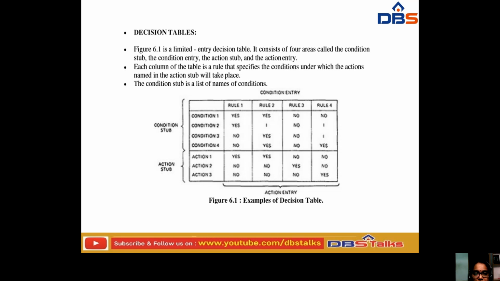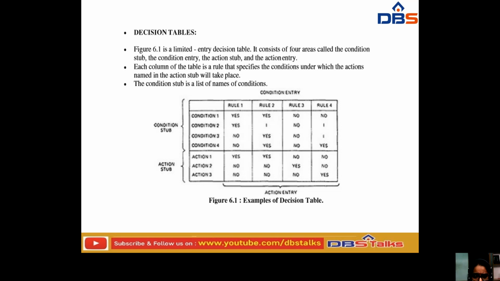So if condition 2 is satisfying rule 1, then we can write Y. Condition 2 is not satisfying rule 3, so we can write N. And here this is condition 3. Here rule 1 is not going to be taken, so we wrote N. It is applying rule 2, so we can write Y. In condition 3, rule 3 is not applying, so we wrote N. Here we are not taking any rules for that, so we leave it blank.